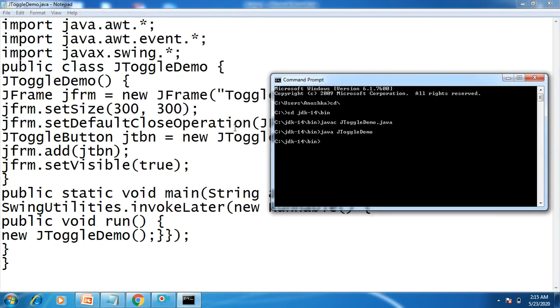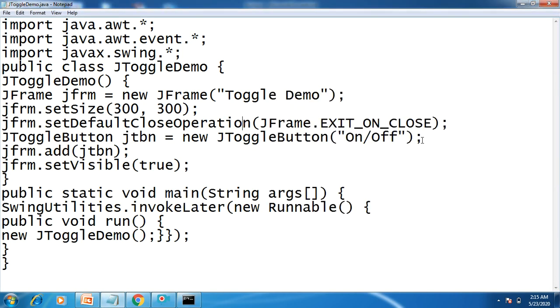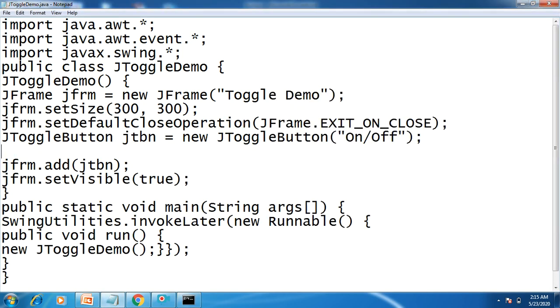Now what I'll do here, I'll set bounds, that is, here you can say jtbn.setBounds. Where you want to display, it had displayed at the center. Now I'll say 30th row and 80th column, and the size I have specified is 70 width and 50 height.